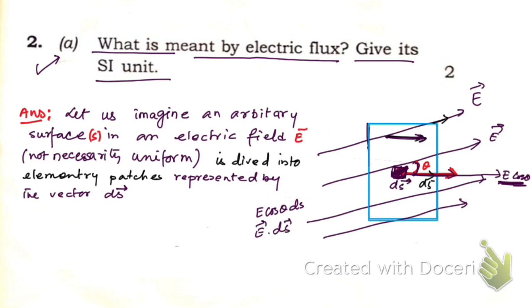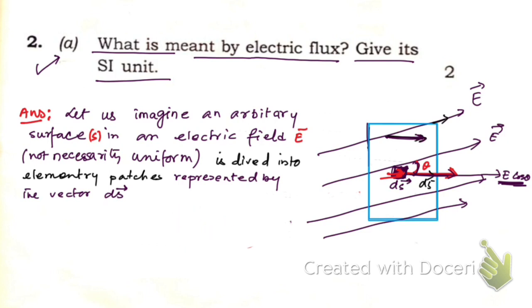The dot product of two vectors, a vector dot b vector, is ab cos theta, right? So you can write E cos theta ds as E ds cos theta, and that is equal to E dot ds. So this dot product represents the flux through this small area, this patch. So what we can write,